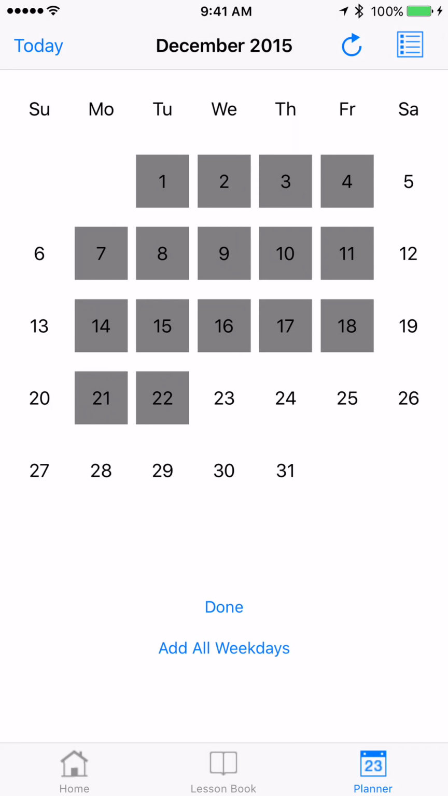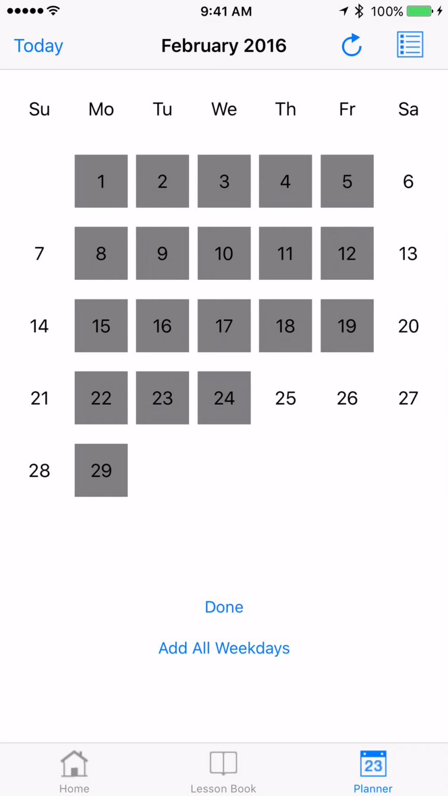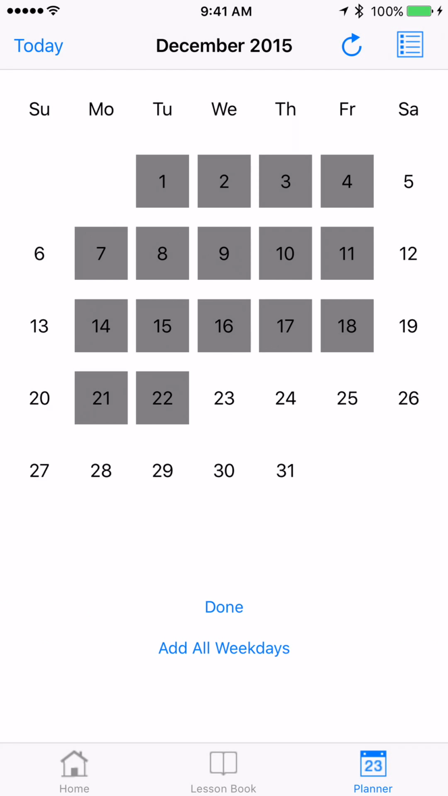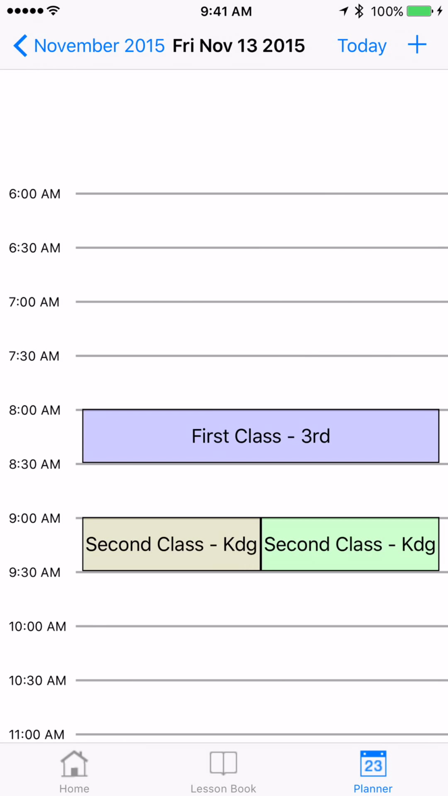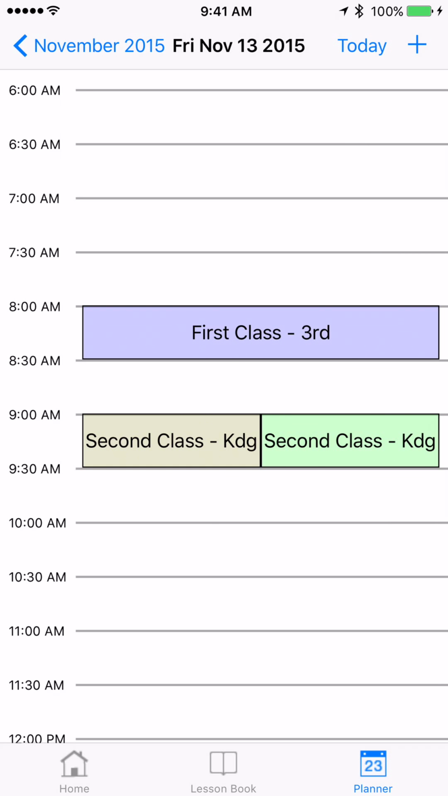So then you can swipe right or left to set each month. You can see I've already done that. And when you're done with the whole year, you can click Done. And you go back to this view. Now you want to go into a day, so I'll tap on Today, and you can see I've actually got